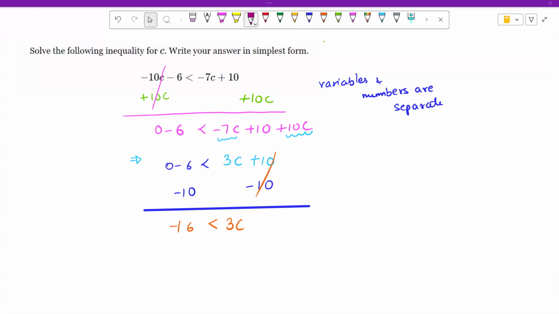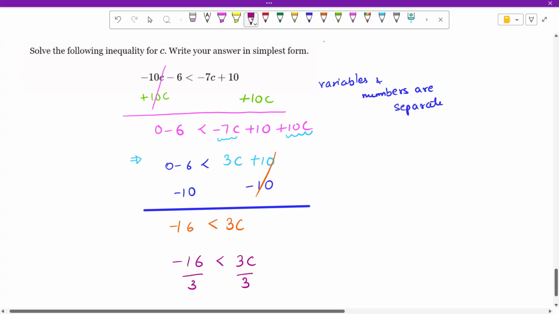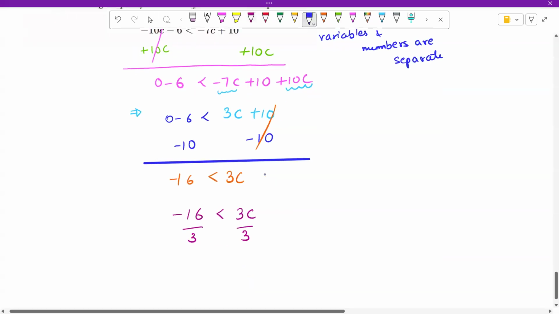Now, what do we do next? We would take out the 3 on the C, 3C. Yes. How do we take it out? We would divide. Very good. What do we divide it with? 3. We are dividing with 3 on both sides. Okay. So what do we get? If we divide each side by 3, on the right side it would be C, and on the left side it would be